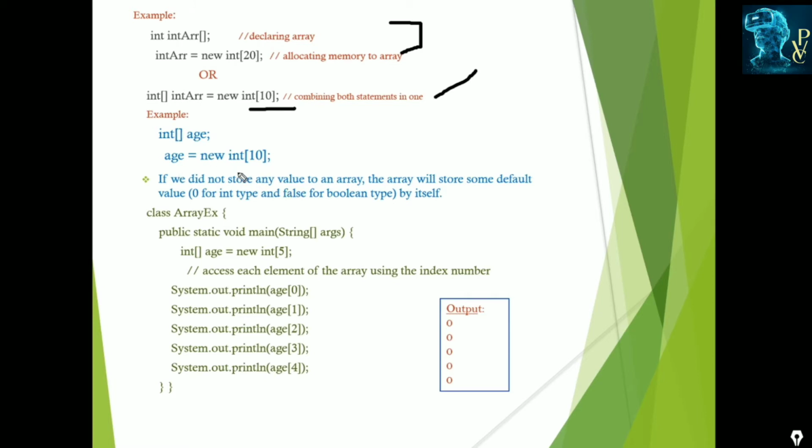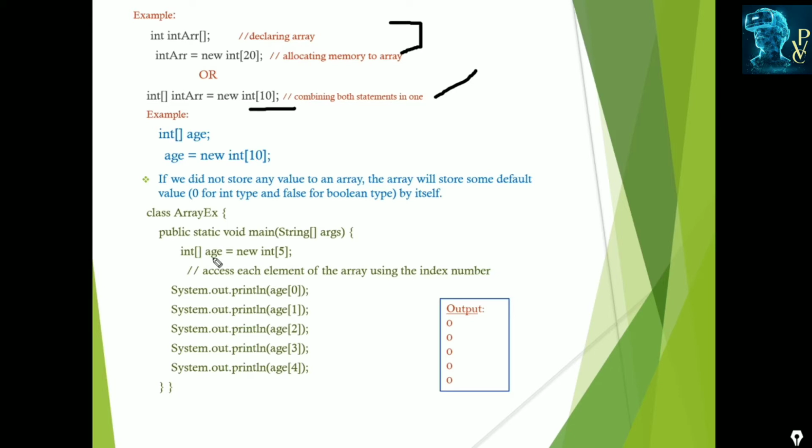If we do not store any value in an array, the array will store some default values. If we do not initialize the values, it automatically initializes default values. For numerical values, the default value is 0, for boolean type the default value is false, and for string and char types, it initializes null. For example, this is the class ArrayEx with a main method.